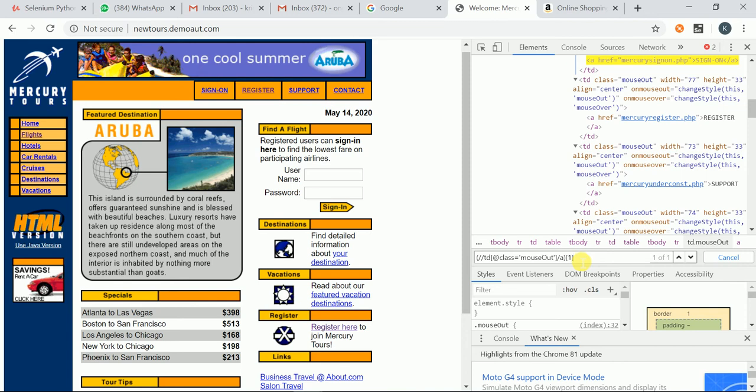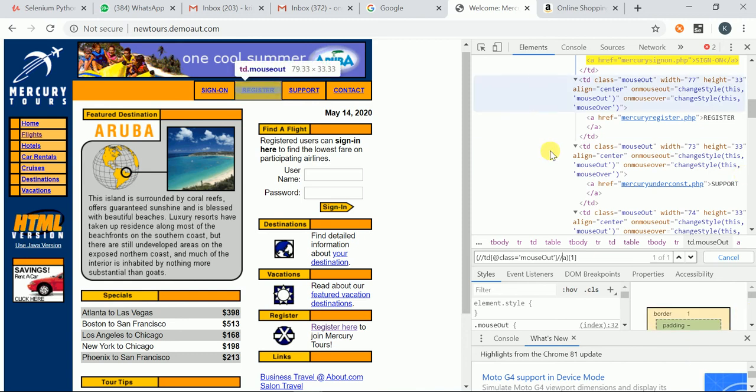By using the indexing, you can use it here. But have we given here any link-related attributes? No. We are traversing from parent to child. This TD is my parent, and its child is my link. Okay. Like this way, single slash we can use here. Single slash for direct child. And the same syntax will work for double slash also, because double slash works for either direct or indirect, both. But recommended is, if it is a direct one, use single slash. If it is an indirect child, use double slash.